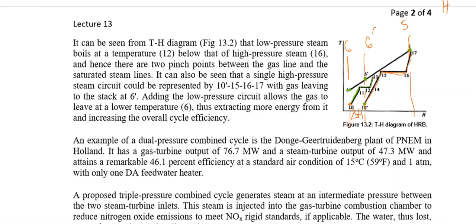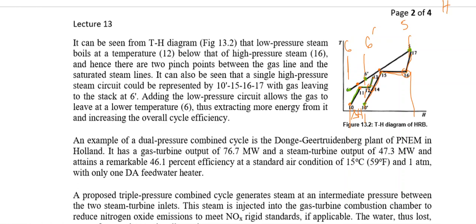So it can be seen from the TH diagram that low pressure steam boils at a temperature at point 12, below that of the high pressure which is at 16. So hence there are two pinch points between the gas line and the saturated steam line. The pinch point is the location in the heat exchanger where the temperature difference between hot and cold fluid is minimum. That means the location at which we are having a temperature difference which is minimum. So in that case, we are having these two pinch points over here